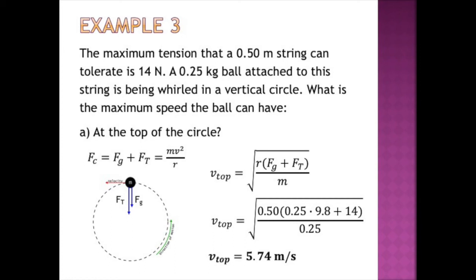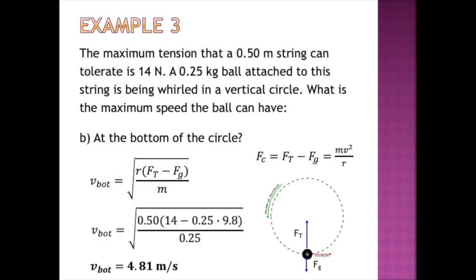And much like all other Newton's laws questions that we've dealt with, that's still going to be equal to ma, or in this case, mv squared over r. When you solve this equation for v, we get a speed of 5.74 meters per second. If we calculate the bottom now, we can see that the diagram showed us that Fg is actually pointing away